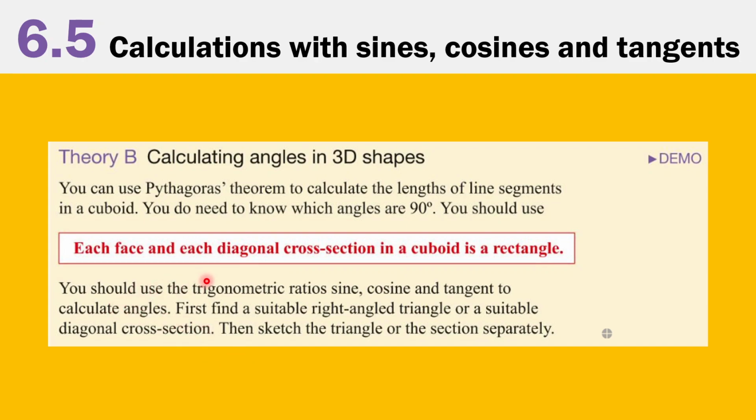You should use the trigonometric ratios sine, cosine, and tangent to calculate angles. First, find a suitable right angle triangle or a suitable diagonal cross-section or diagonal plane. Then sketch the triangle or the section separately. This is very important. Really, sketching was already quite important in this chapter, but here it's even going to be